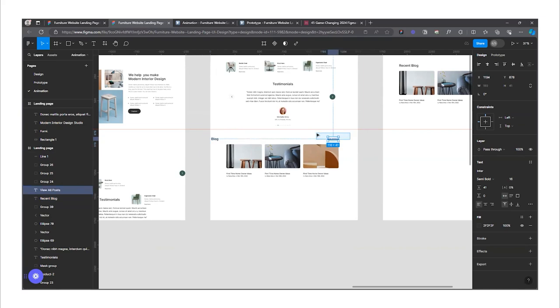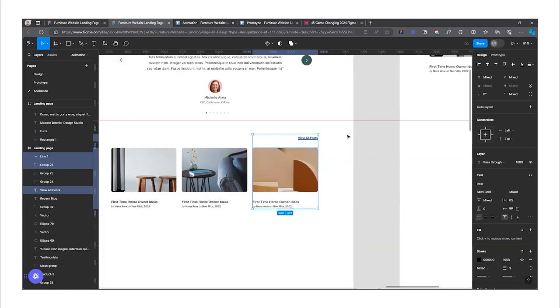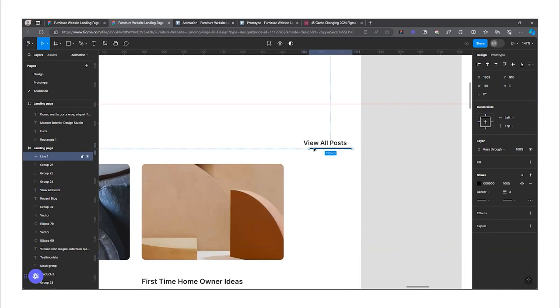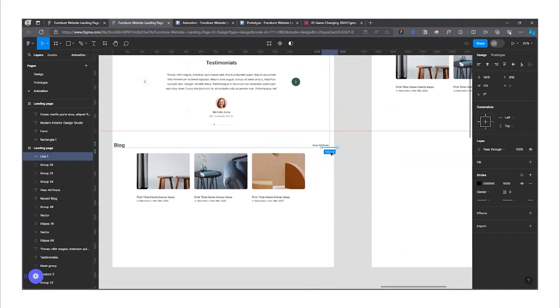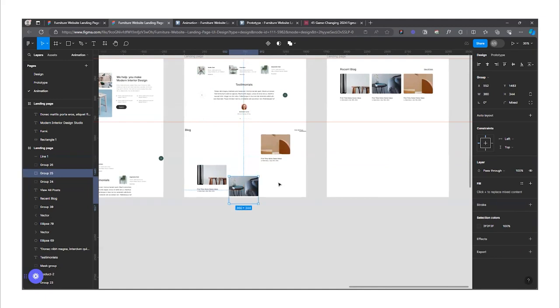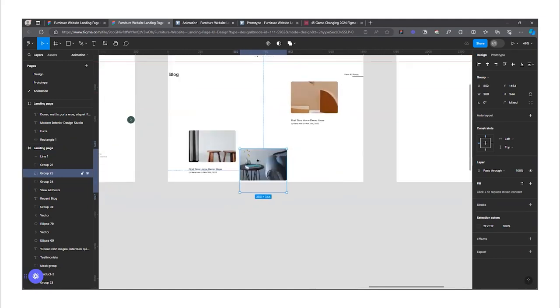Then this one as well, I want to nudge them to the left. It's not moving, so I'm going to nudge this to the left, and then this guy, just something like this. So the title is coming in and the line is following, and then this guy I want to make it first, then this one second. Right, I'm going to really push them to the bottom, to have that extensive